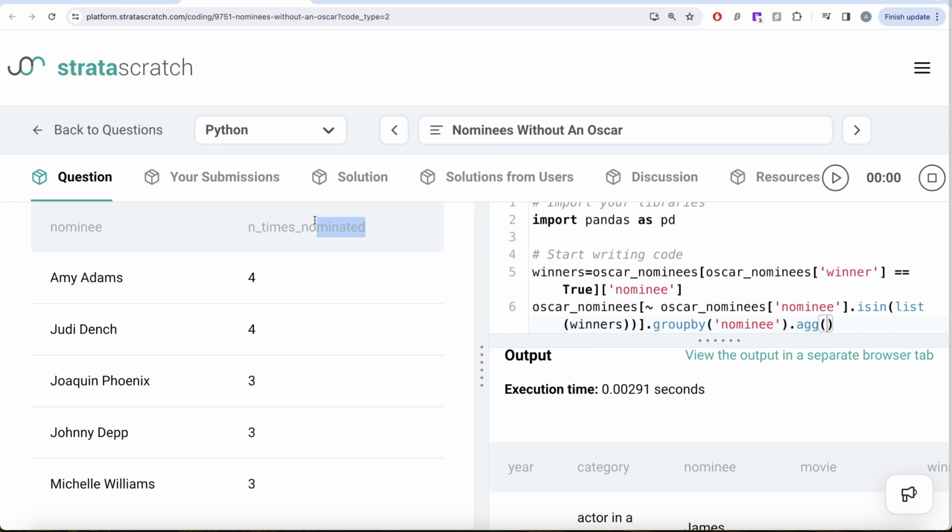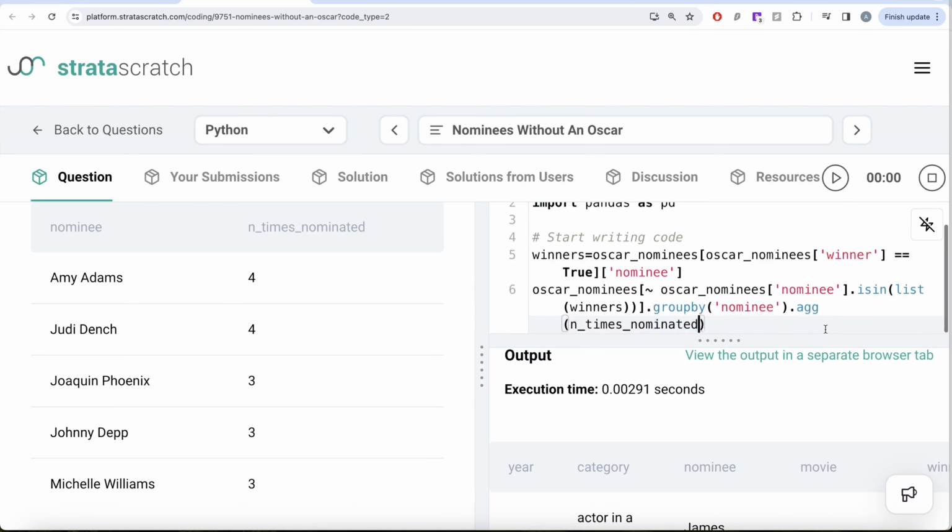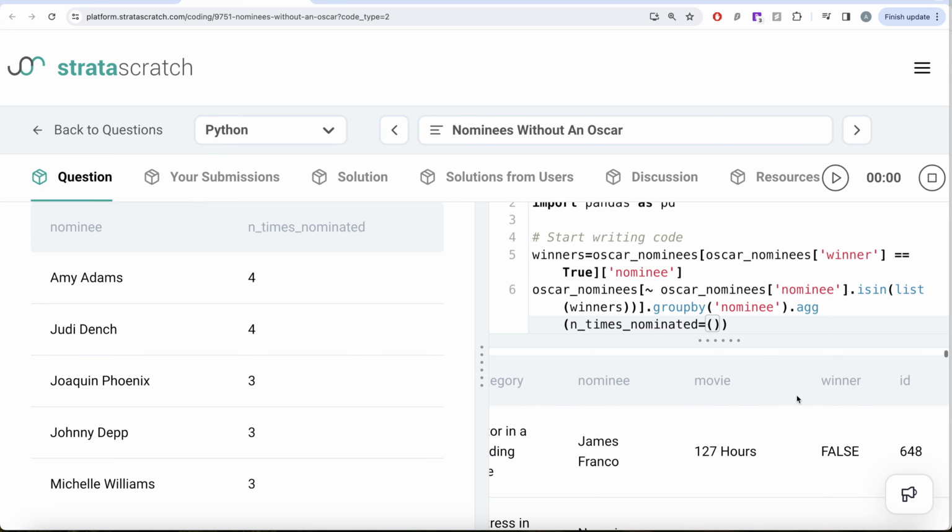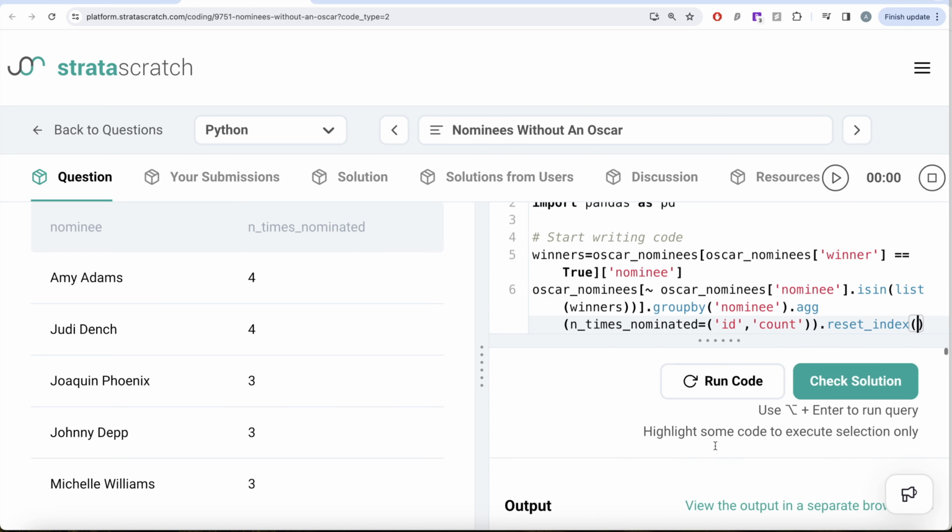The name of the column that we want in the final output is n_times_nominated, which is equal to taking the ID column and performing a count. That is going to give you how many times they did not win. Since we group by nominee, it is going to be the index, so we need to reset the index. Once we reset the index, let me go ahead and run this.